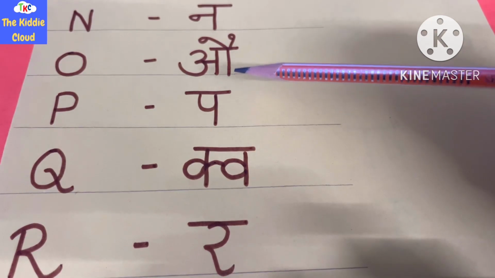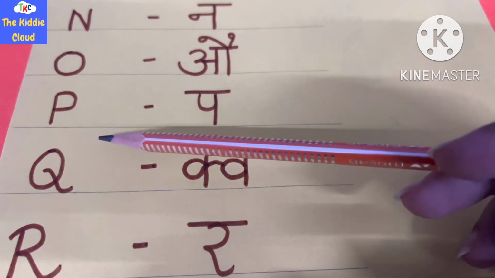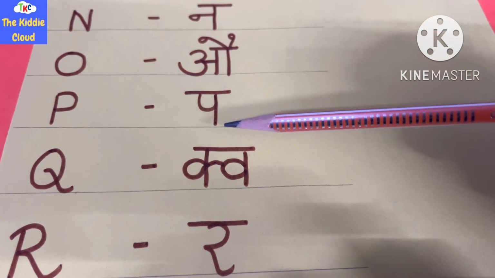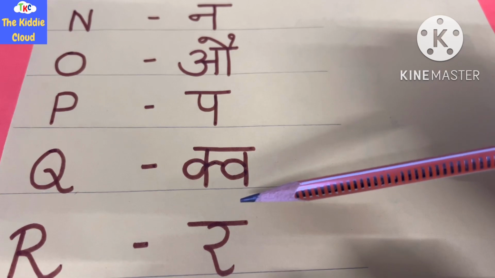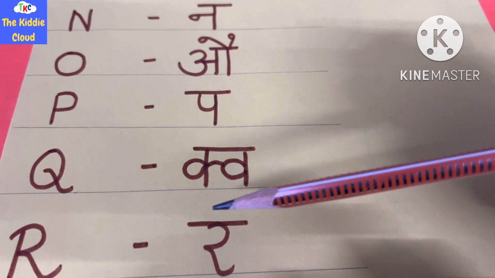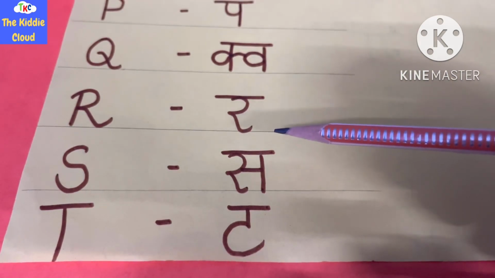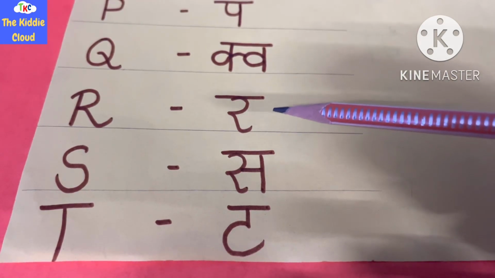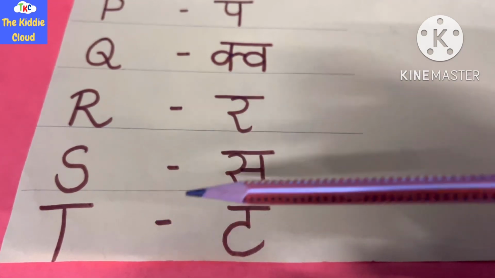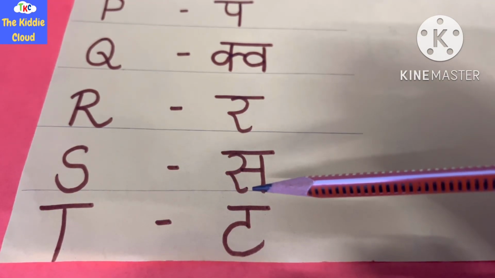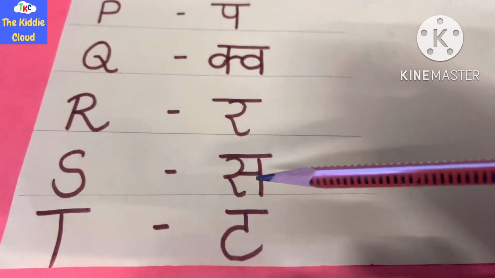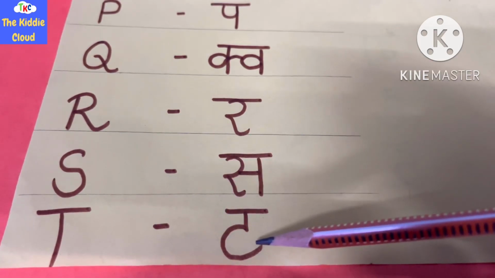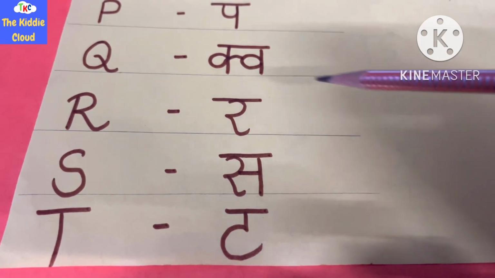O says, orange. P says p, parrot. Q says qu. आधा क और व का कॉम्बिनेशन qu. Okay. Q says qu. R says, rabbit. S says, snake. T says, tomato. U says,